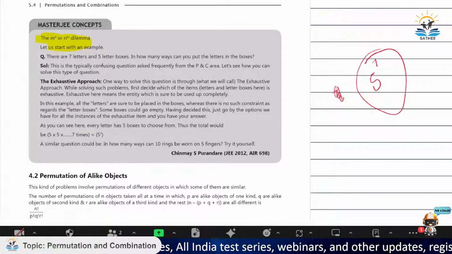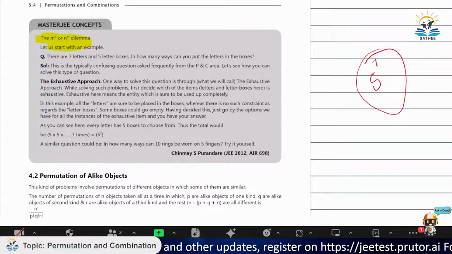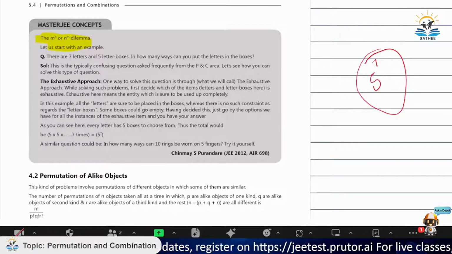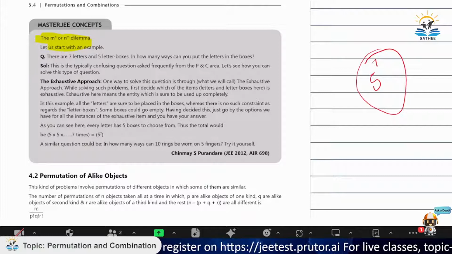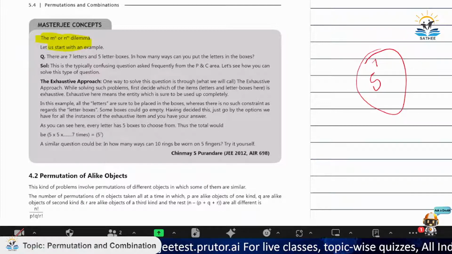That's exactly what I also think too, but I could not place words into it, right? So one has to be very careful while selecting कि कौन सा independent और कौन सा dependent है. So this exhaustive approach is very good. Exhaustive मतलब कौन सी चीज खत्म हो सकती है और कौन सी नहीं. कि लेटर्स इस केस में खत्म हो सकते हैं, बट अपने लेटर बॉक्सेस को खत्म नहीं कर सकते, राइट? लेटर बॉक्सेस की कैपेसिटी इज नॉट मेंशन, तो किसी में भी लेटर्स भर सकते हैं अपन, बट लेटर्स आर एग्जॉस्टिव इन दिस केस, राइट.